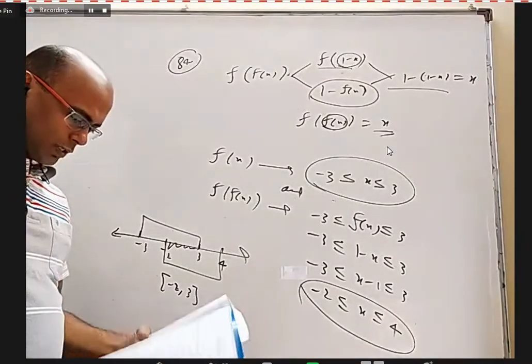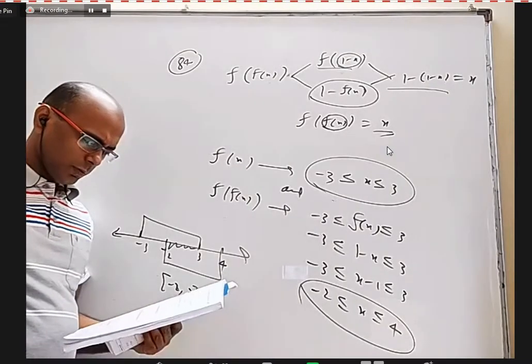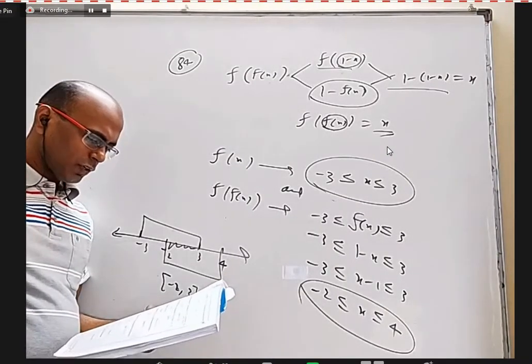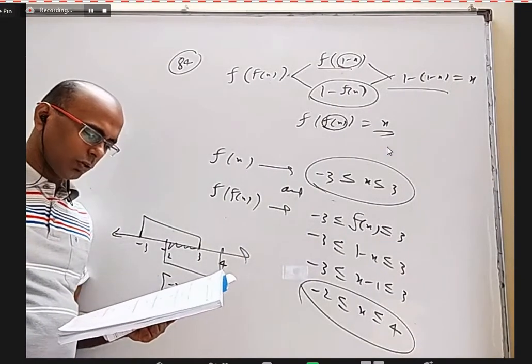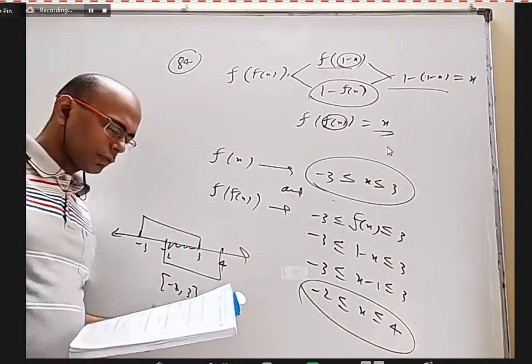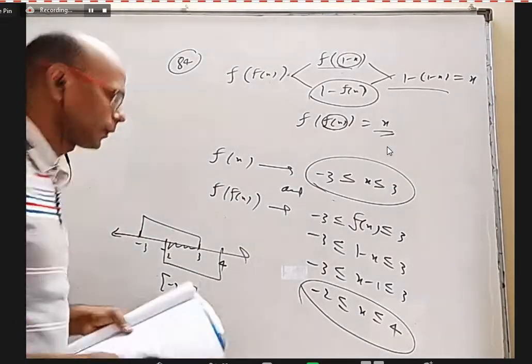Okay, so I'm going to erase this 84. 85, I don't think any problem. What is this? Let a function with the domain minus 3 to 5. F has domain minus 3 to 5, and we want to talk about f of g of x. So g of x should be well within the domain of f. Okay. Yes, sir. Got it.